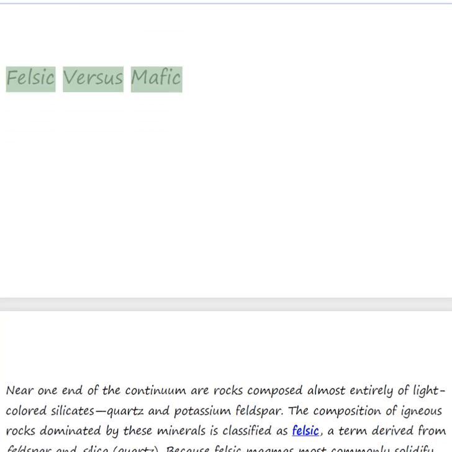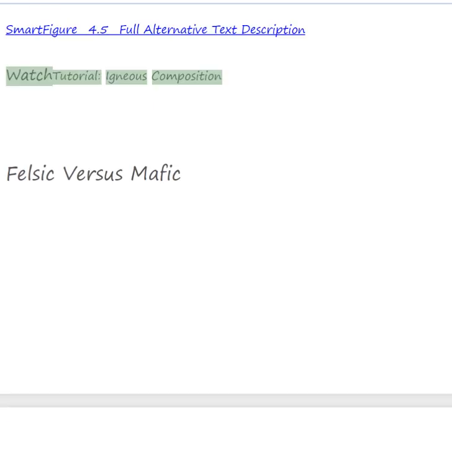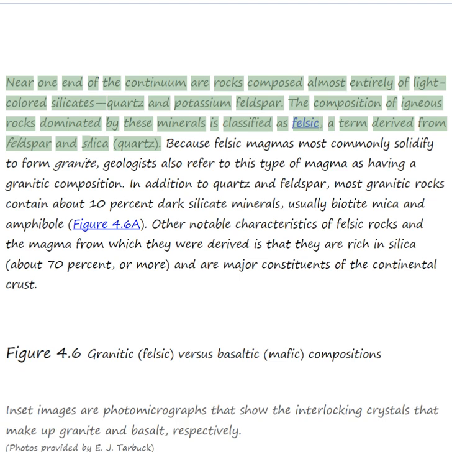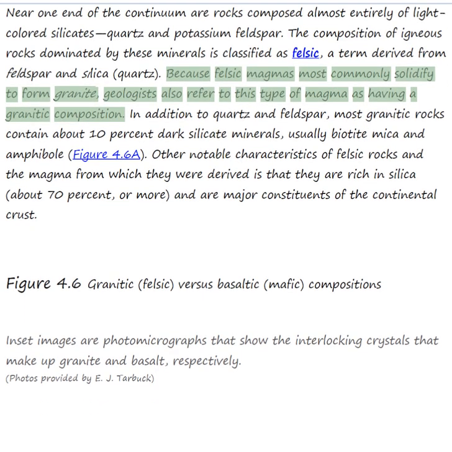Felsic versus mafic. Watch tutorial, Igneous composition. Near one end of the continuum are rocks composed almost entirely of light-colored silicates, quartz, and potassium feldspar. The composition of igneous rocks dominated by these minerals is classified as felsic, a term derived from feldspar and silica. Because felsic magmas most commonly solidify to form granite, geologists also refer to this type of magma as having a